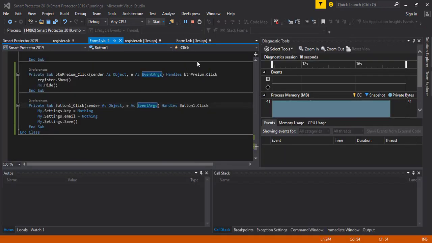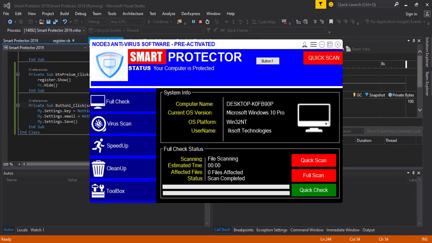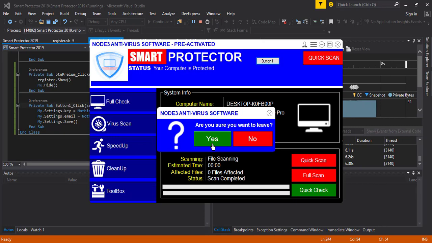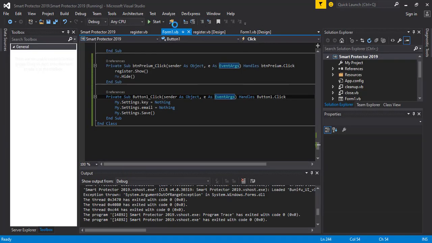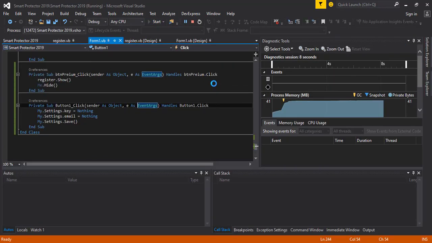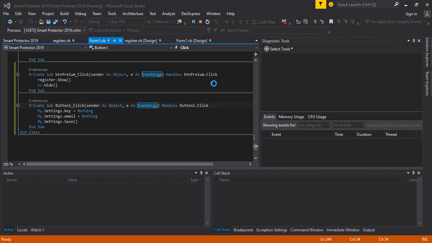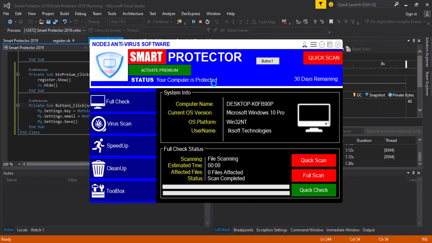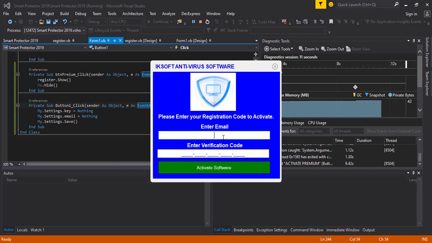And if we reset the key, it has to be visible, right? So we just reset it. I just reset the whole thing. So let me end the software and let me start it up once again. You see that we now have the buttons there, right? You can see that we have the button and then the software here, right? So we can now click on activate premium, then we add our details,